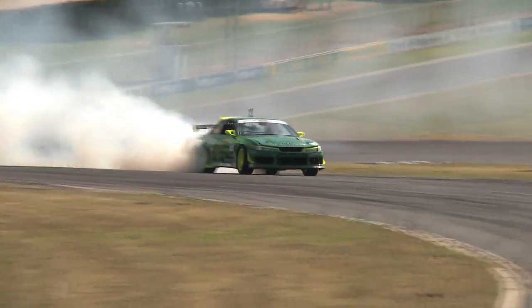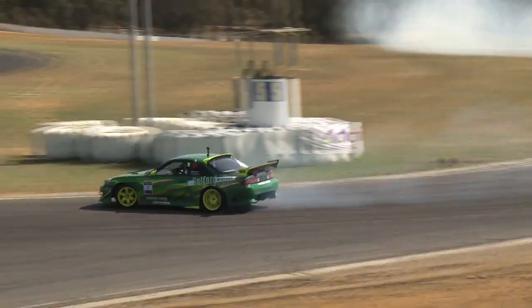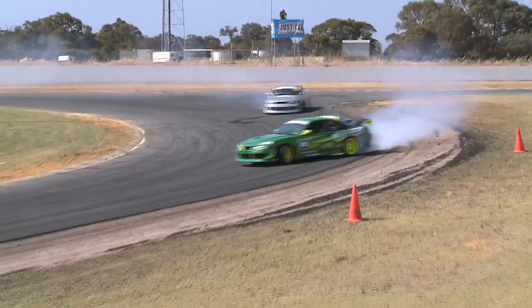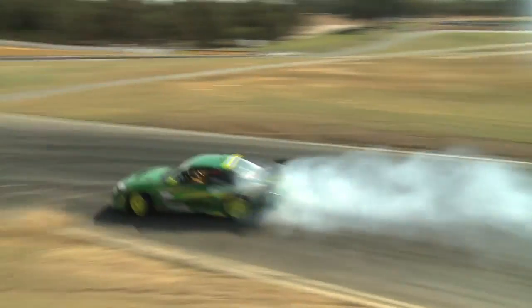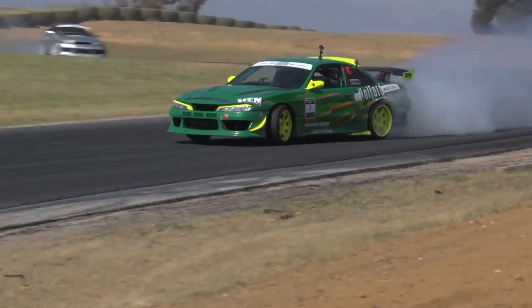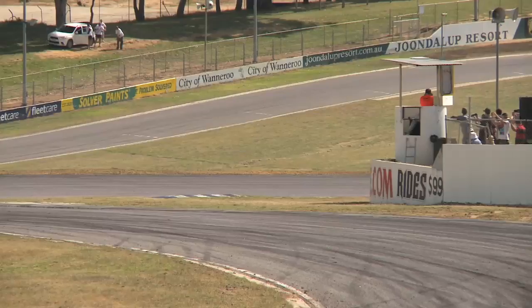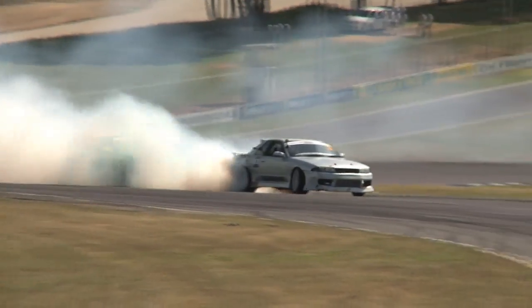And he is charging so hard. Perfect line, lots of speed. Luke Fink, another textbook run, and Mitch Bunny simply just cannot keep up. The judges are looking for proximity and emulation during the battles. And no matter how clean Mitch Bunny drives, if he can't get close enough, he's simply just not going to have an advantage. A little bit of correction there from Luke Fink, though, as they switch it around on that